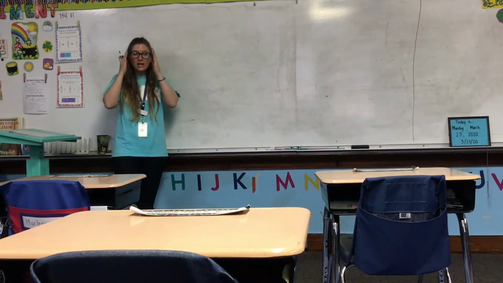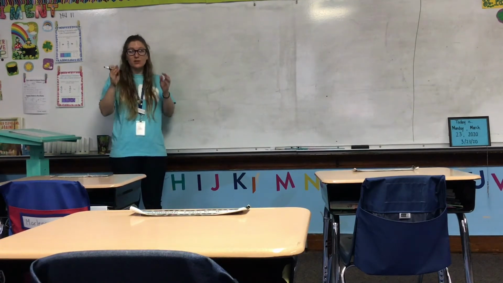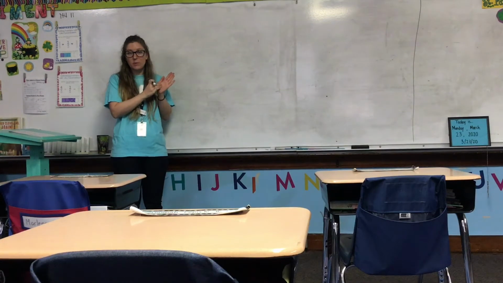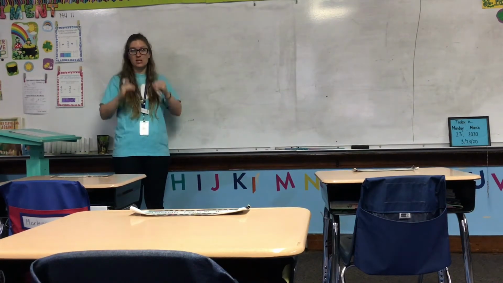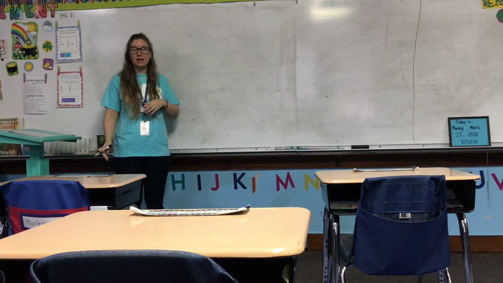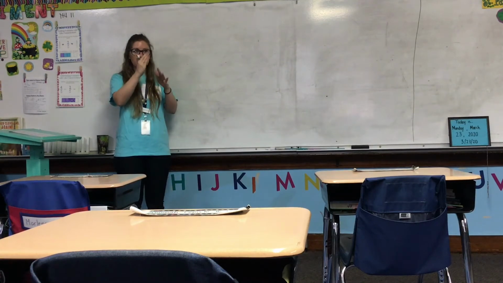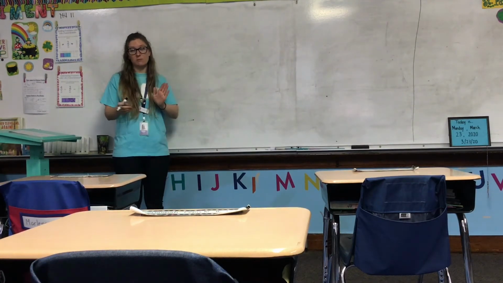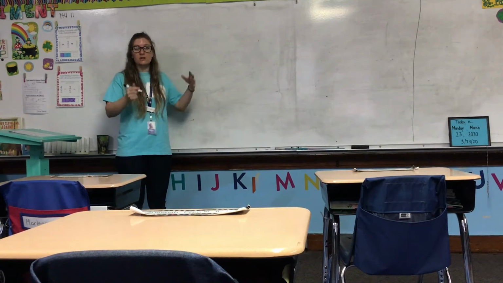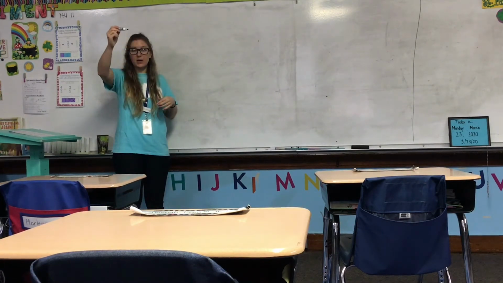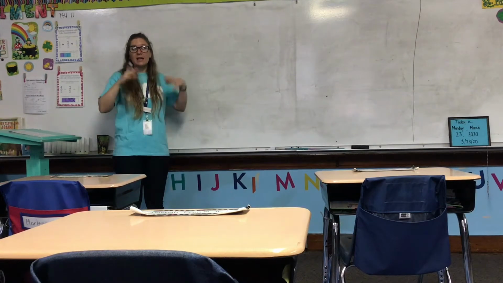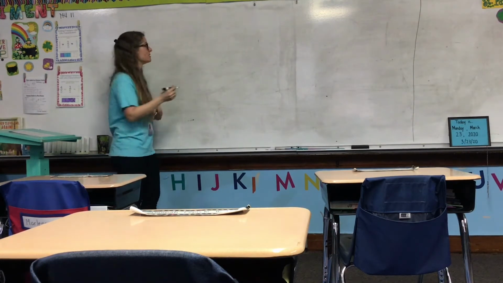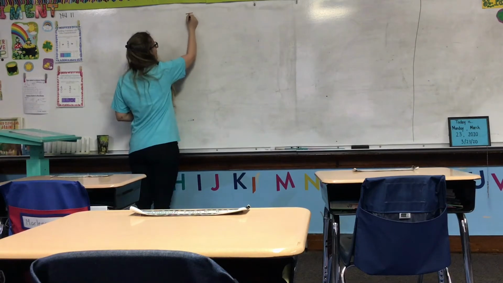Okay, so what you should have out right now is your vocabulary notebook, opened to the page where we did the vocabulary for chapter 10, because chapter 11 is part of that group of 3 chapters that chapter 10 was in. So you should have drawn a line underneath the vocabulary for chapter 10, and now we're going to move on to chapter 11. So remember, you title it right underneath that line.